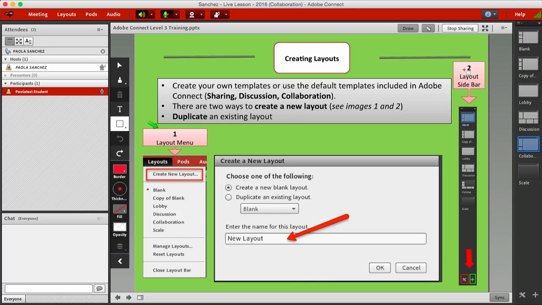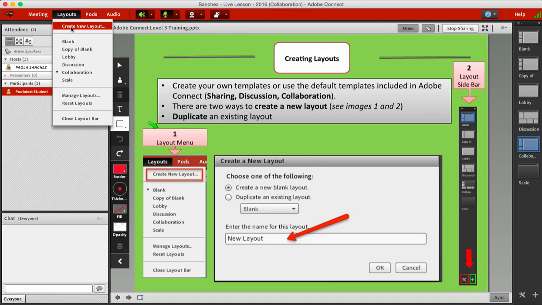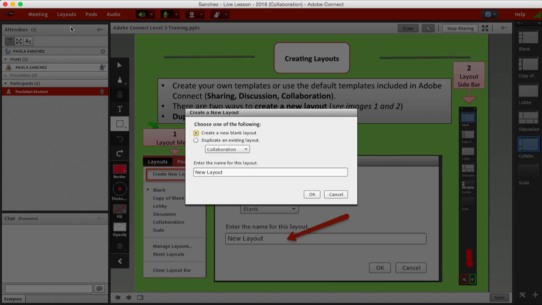The first way to create a new layout is using the Layouts menu. To create a new layout from the Layouts menu, click on the Layouts and simply click on Create New Layout. From here, you can choose to create a blank layout or duplicate an existing layout. If you decide to create a duplicate of an existing layout, you can choose from the drop-down menu of any existing layout. If you are creating a new layout, you can actually enter a name for that particular layout and